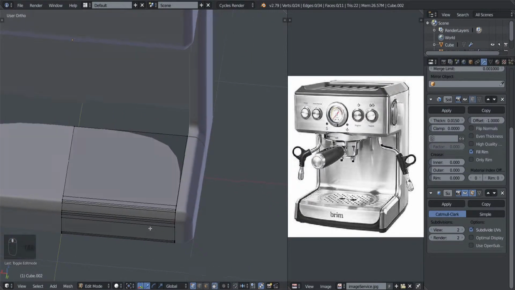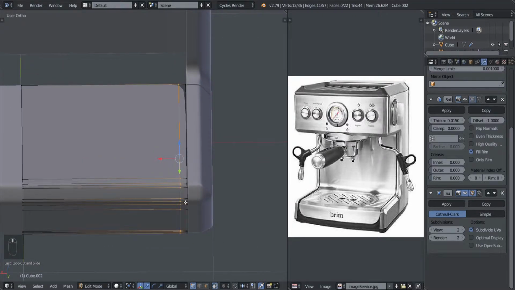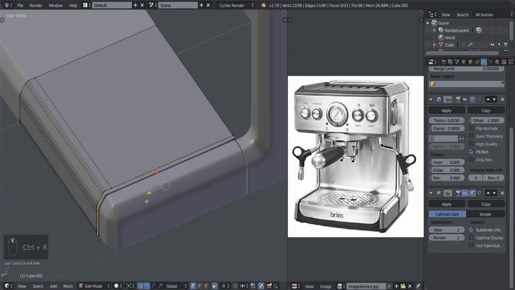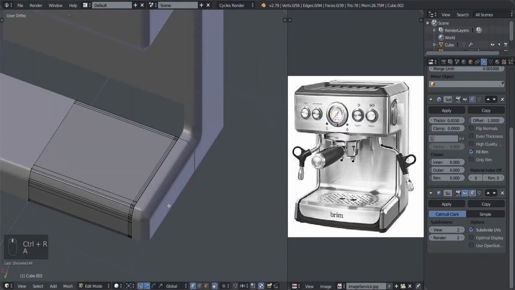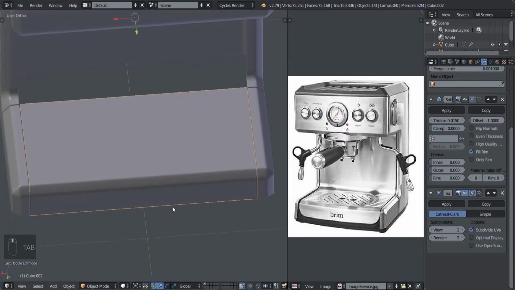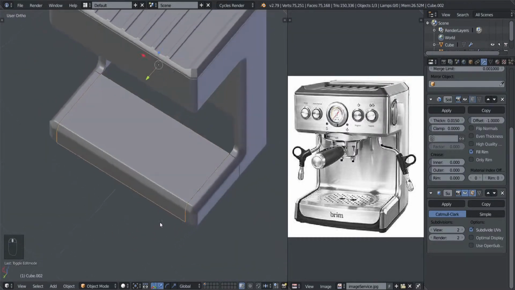So we're gonna get in here now, press Ctrl and R, press E to align it with this side. It's clearly already aligned. Press G twice, move it closer, and then add in another one in the middle. Do the same thing at this end, and add another one in the middle, like that. So this is what we have right now for that base,